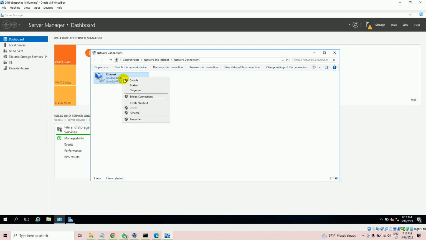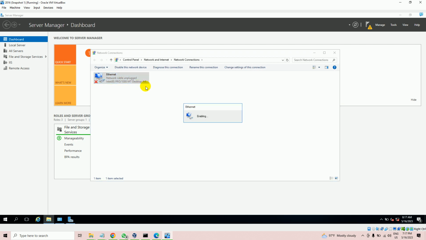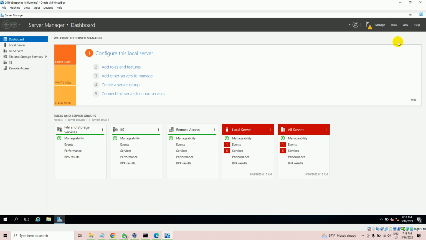After configuring the IP address, you can disable and then enable the adapter to reset everything. And then after that we are going to